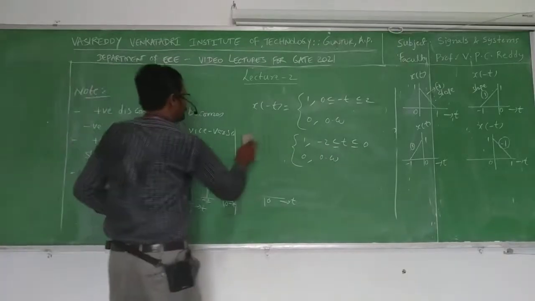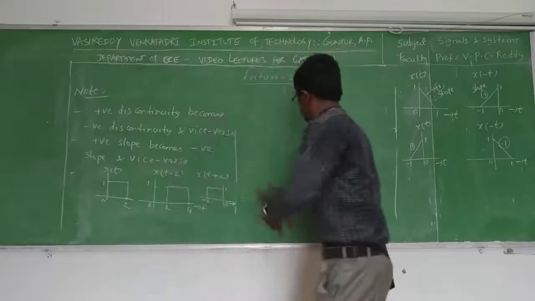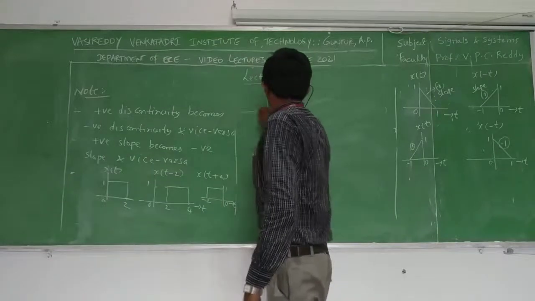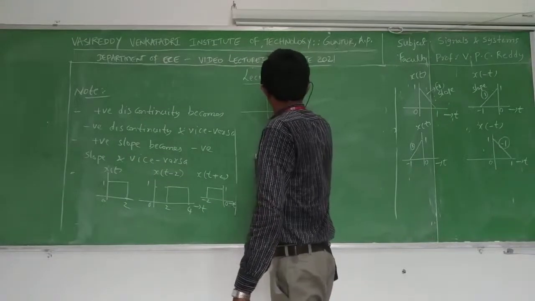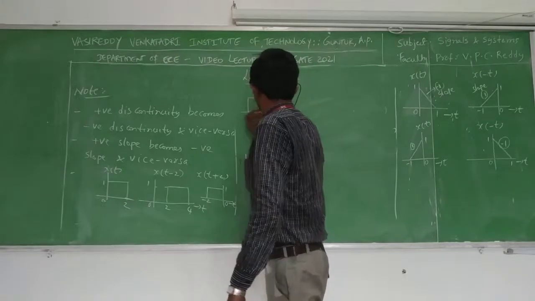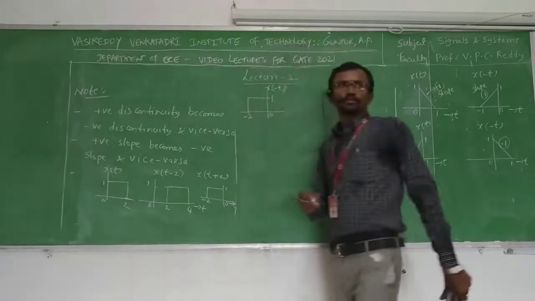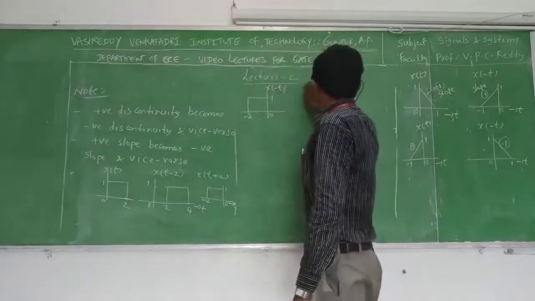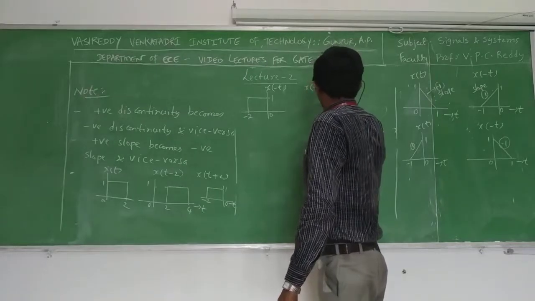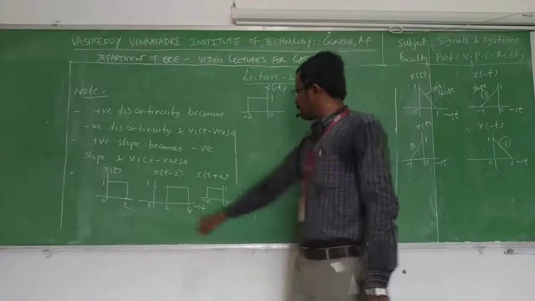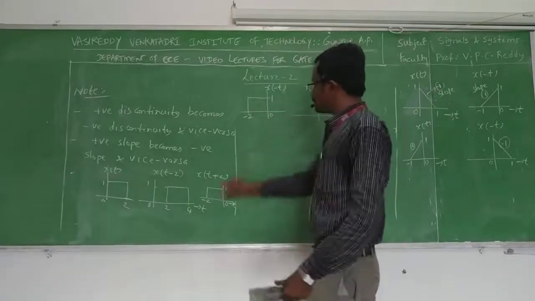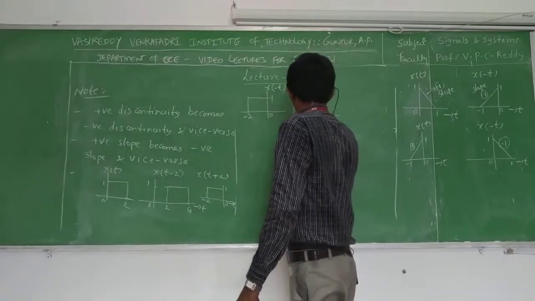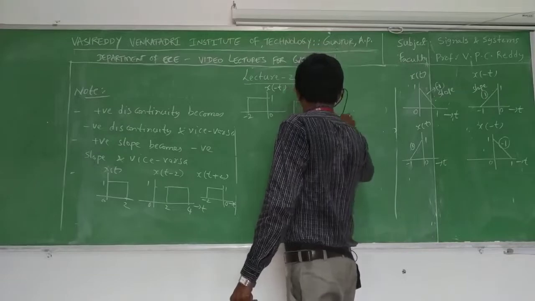Okay, next we will see for x of t the time inverse version. This is x of minus t, that is from minus 2 to 0. So for time inverse, what do we have to do? We have to keep it parallel to the y-axis. So next, x of minus t minus 2. What happens? x of minus t is from minus 2 to 0, and x of minus t minus 2 is just keeping it parallel to the y-axis. This is from minus 4 to minus 2. The magnitude is 1. This is always the time axis.